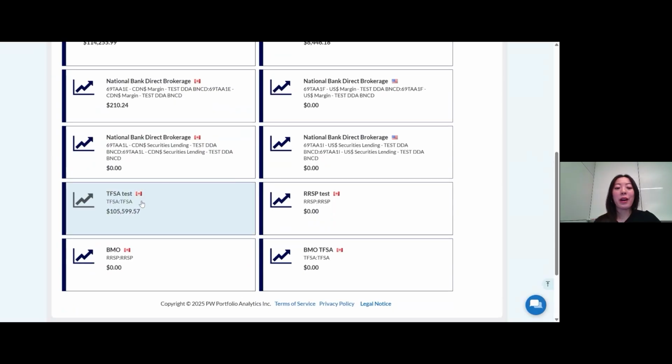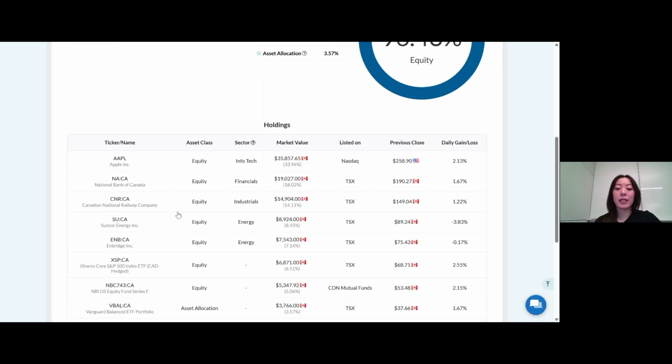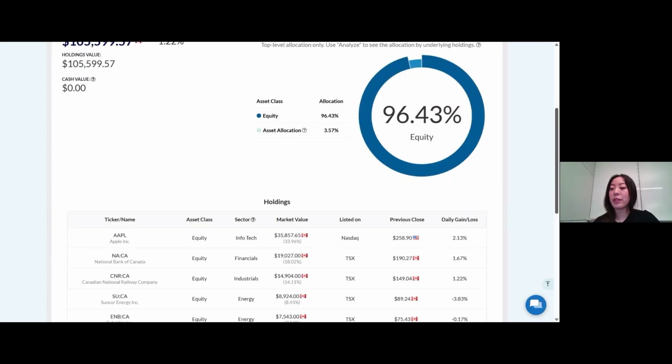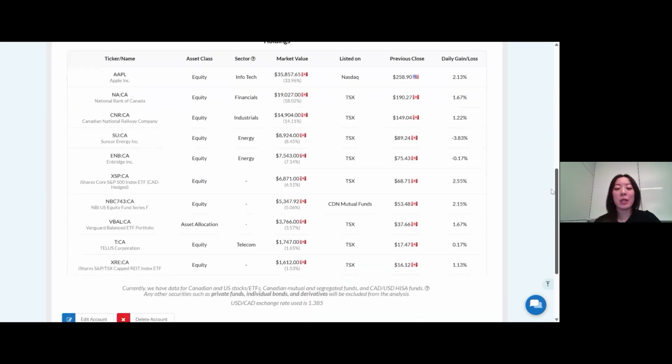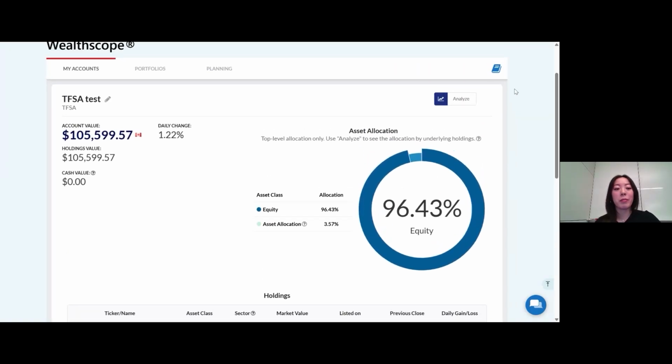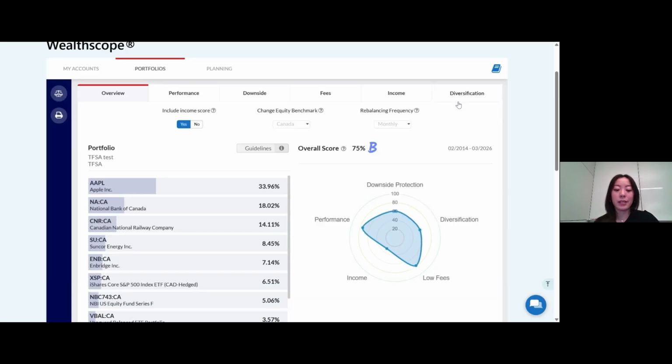In my case, I do have a little bit more holdings in a test account that I created. So let's say I wanted to do a Wealthscope analysis for my TFSA test account. In my test account, I have over 96% invested in equity. What is the makeup of my test portfolio? I have a good mix of stocks, ETFs, and mutual funds. So how does my TFSA test account score using Wealthscope? Once I click on Analyze,